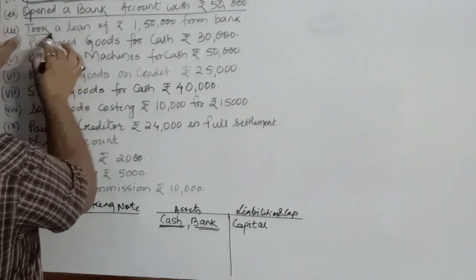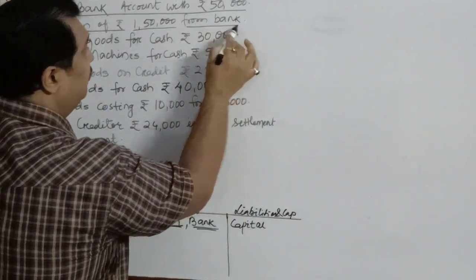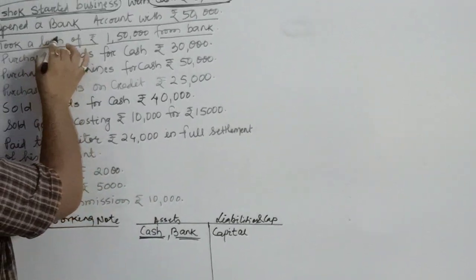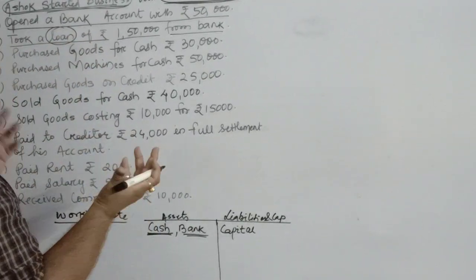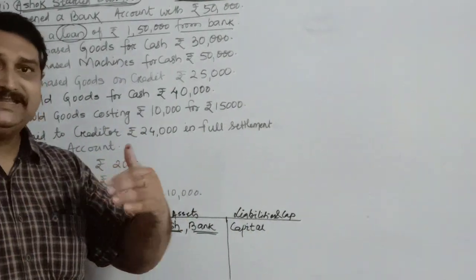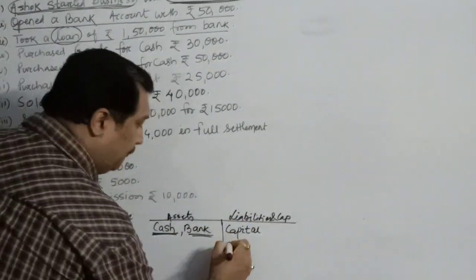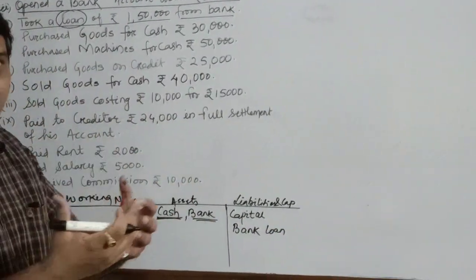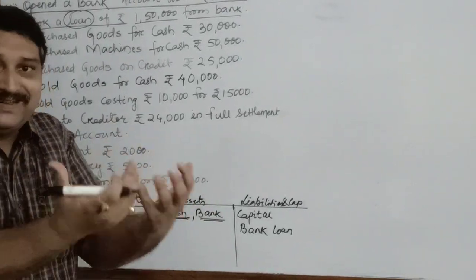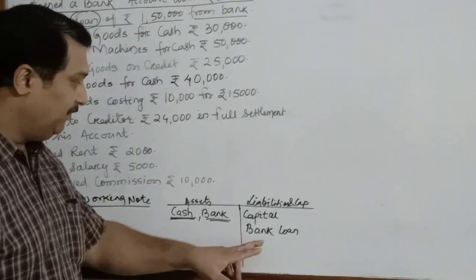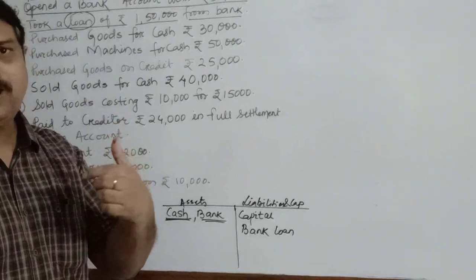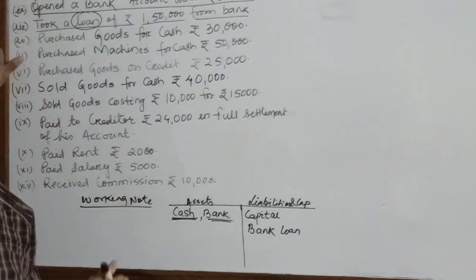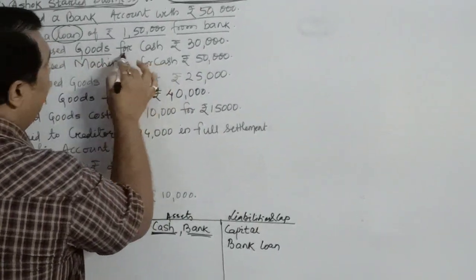Third one, you have taken a loan of rupees 1,50,000 from the bank. So what are the aspects? Find out the aspects first. You are taking a bank loan. So what is a bank loan for the business? The business has to return the money to the bank. So bank loan is a liability. But when you take a loan, what comes to you? You will receive cash. So obviously the bank does not pay the loan amount in cash, so you can add it, your bank balance will increase.